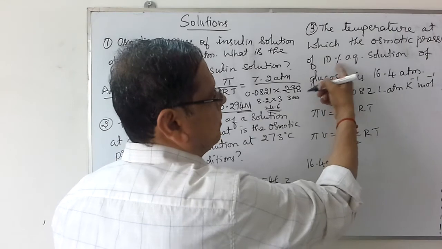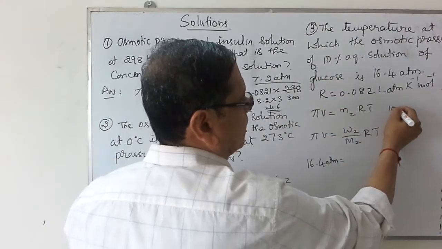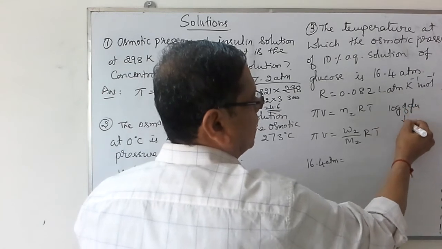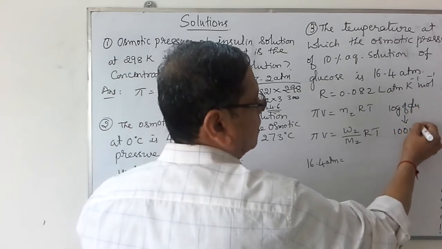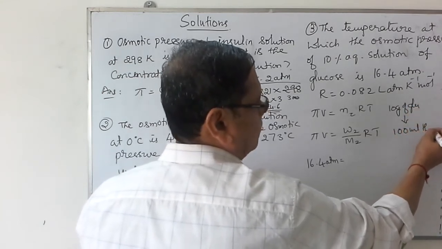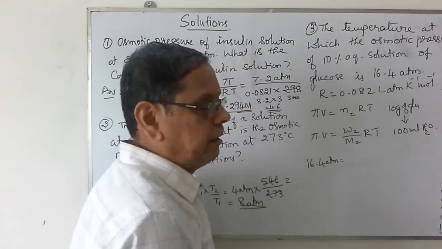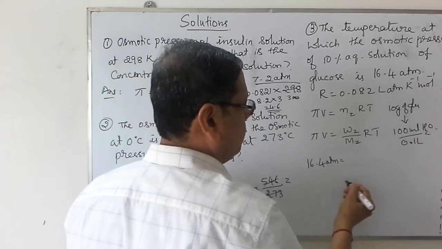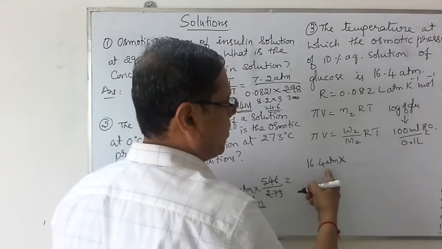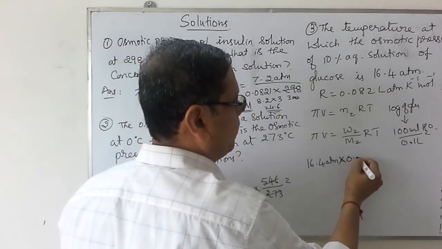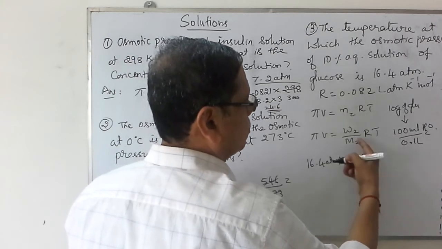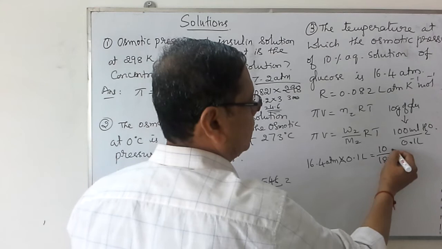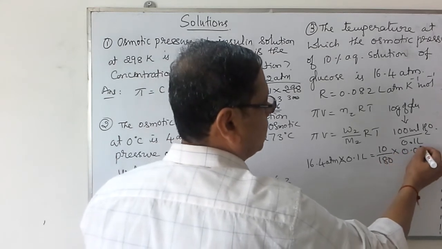Now it is a 10% aqueous solution, meaning 10 grams of glucose in 100 ml of solution. 100 ml corresponds to 0.1 liter. Therefore 16.4 atmosphere into 0.1 liter is equal to, weight is 10 grams, molecular mass is 180, R is 0.082